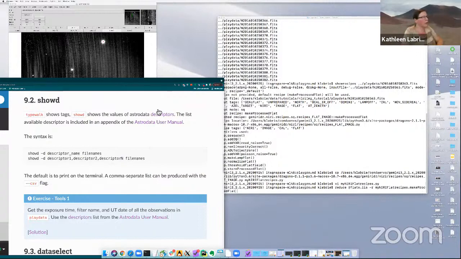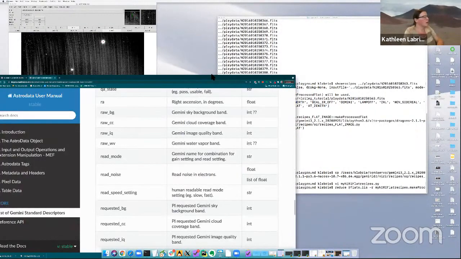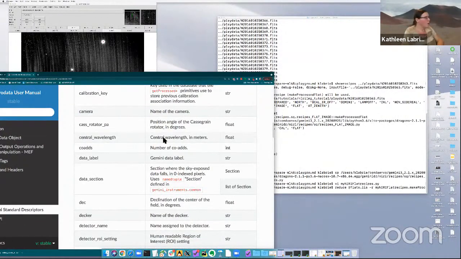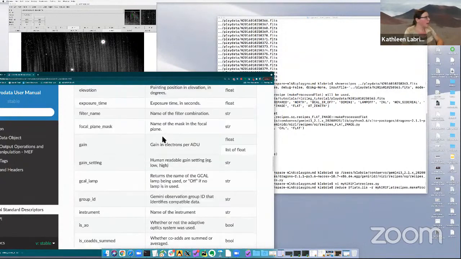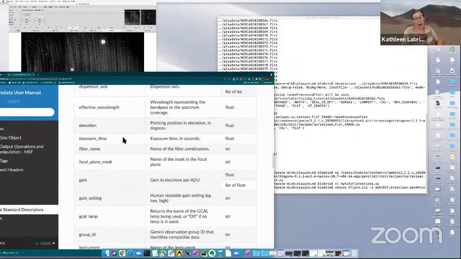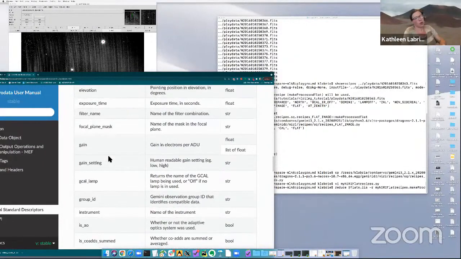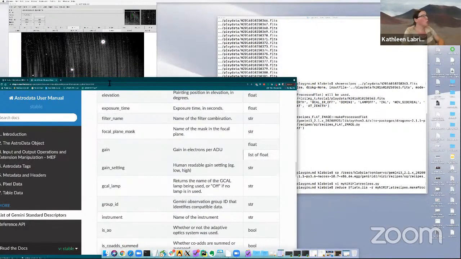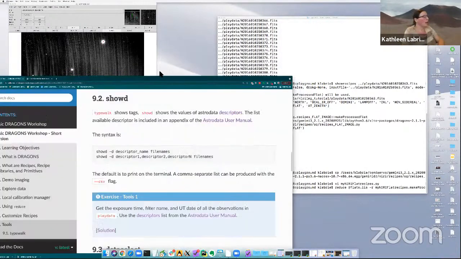You have links in there that will lead you to the list of descriptors. Let's say I want the exposure time. Go through the list, and it's exposure underscore time, filter name, filter underscore name, UT date, UT underscore date. So you shouldn't have too much problem figuring out the name of what you want to